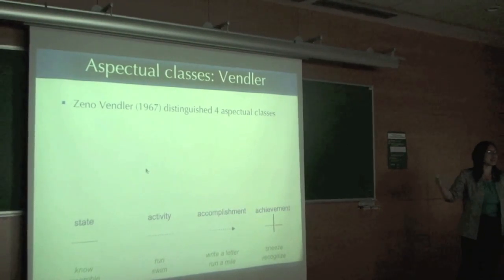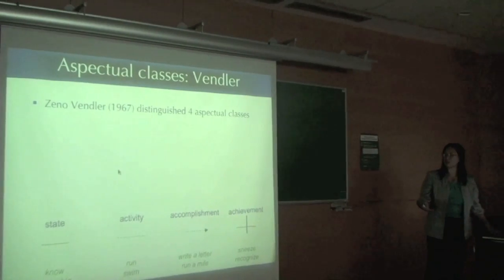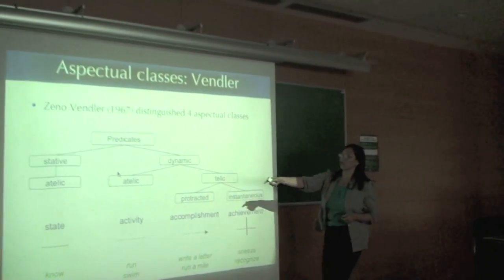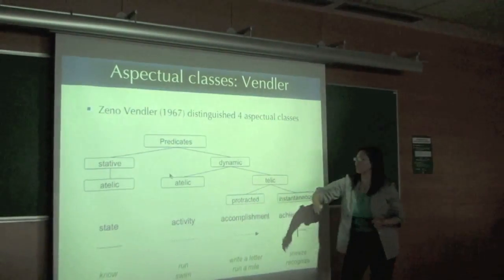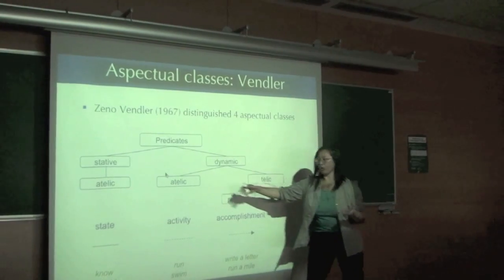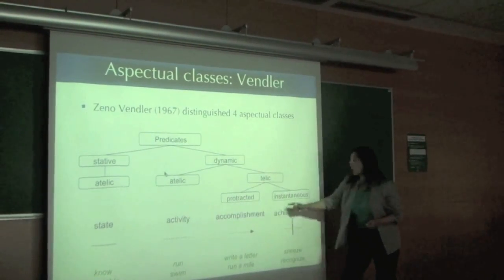Anyway, the point is these were the classifications, and they're useful for a lot of things. Like you can then sort of say, well, actually there's some structure here. Some things have no change, like stated things, and some things do have change, they're dynamic. Are they atelic, like no goal, or do they have a goal? Do they take a long time? Like this would also be protracted, and this anticipated.